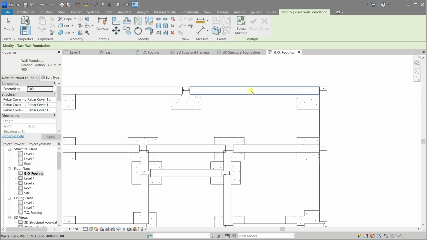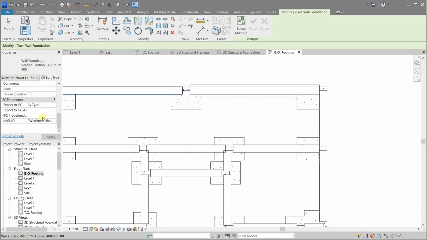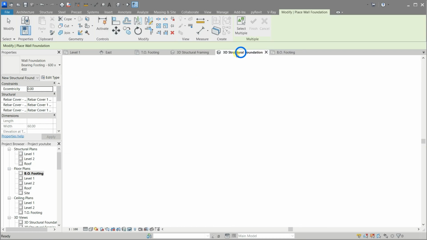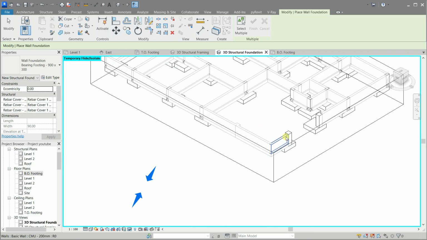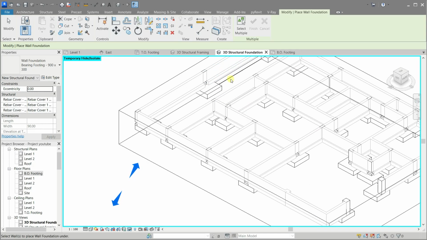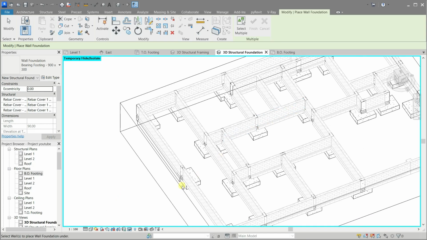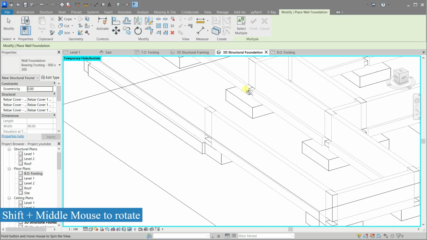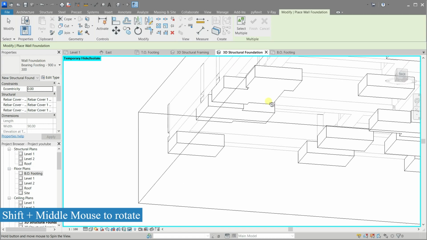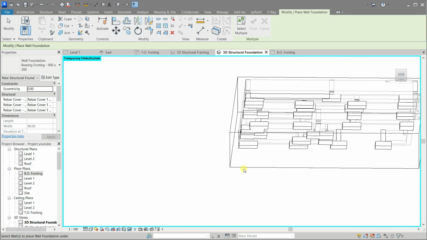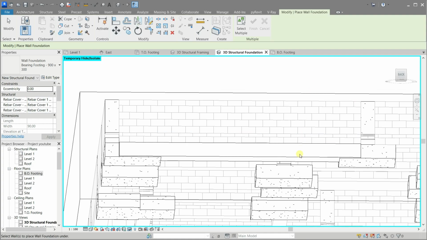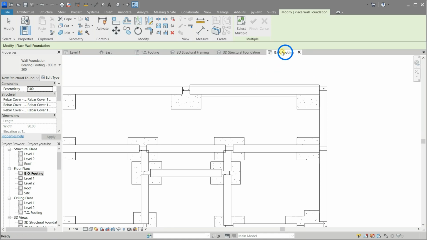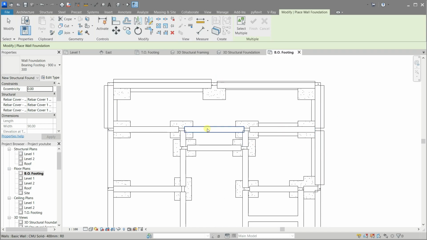Now click any wall to assign this footing to it. It's outside our lot. We'll fix that in a minute. In the same way, assign the footing to all the foundation walls.